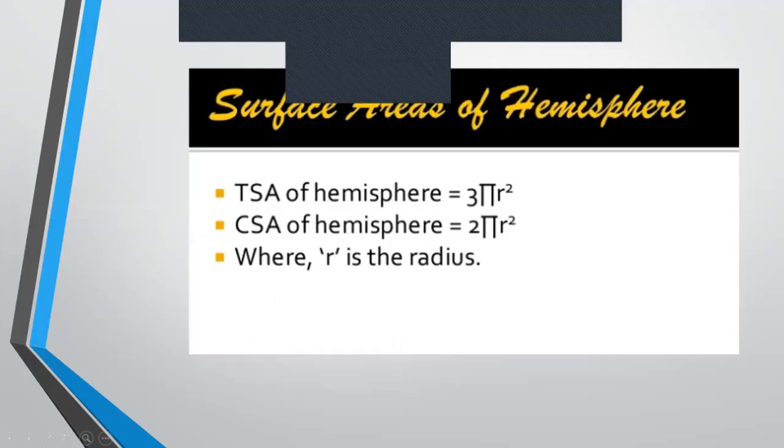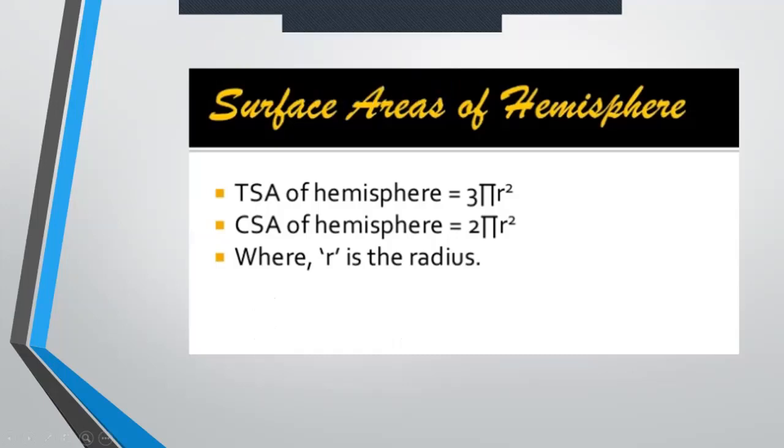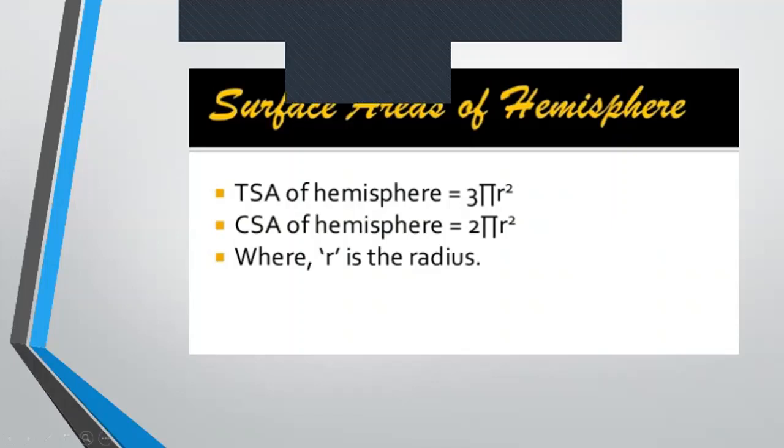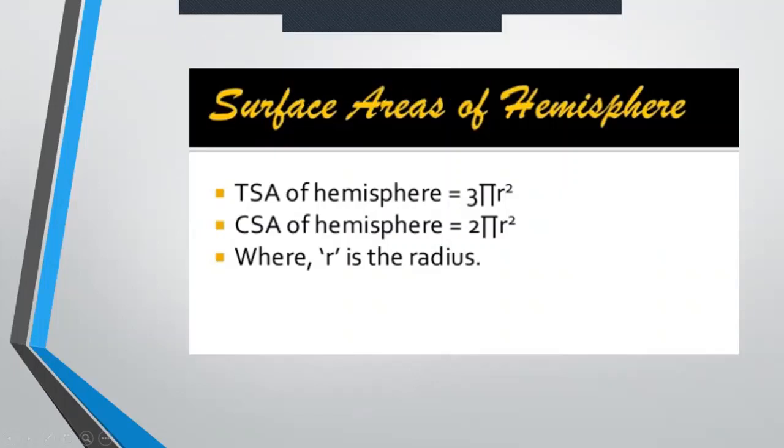take down these formulas. Total surface area of a hemisphere. If it's given as 3 pi r square, then it's easily understood that we are talking about a solid hemisphere. Generally, we will be talking about a solid sphere or a solid hemisphere. In that case, the total surface area of a hemisphere is 2 pi r square, that is the curved surface of the hemisphere, plus the bottom, that is the circular base, a plate-like structure, which has another pi r square attached to it. So we have 2 pi r square plus pi r square, giving us 3 pi r square. Are we clear on this part? Why 3 pi r square, everybody? Yes, ma'am.